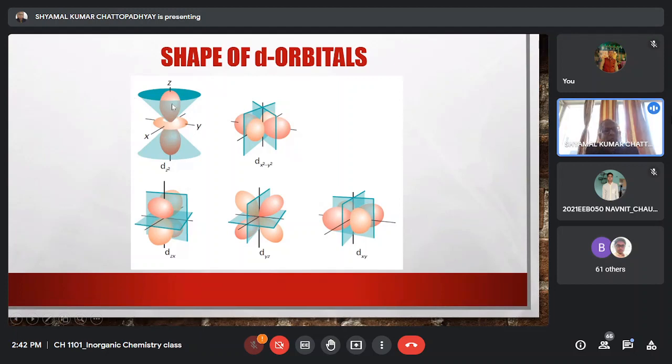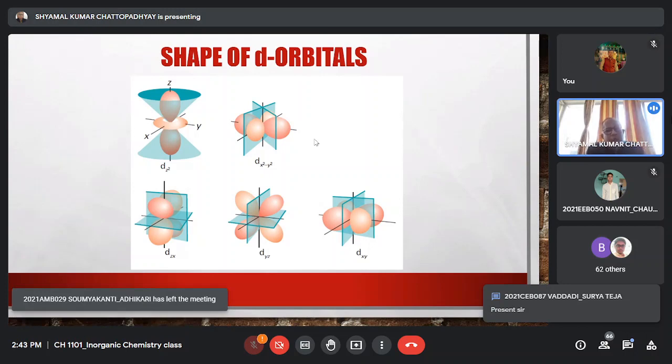Instead, we have 2 conical surfaces as drawn here. These are the 2 conical surfaces which are the nodal surface. So instead of nodal plane, we have to talk about nodal surface. And the general rule is that if you draw the angular part of the d orbital, these are the angular plots of the d orbital. If you draw the angular part of the d orbitals, or the angular part of any orbital for that matter,